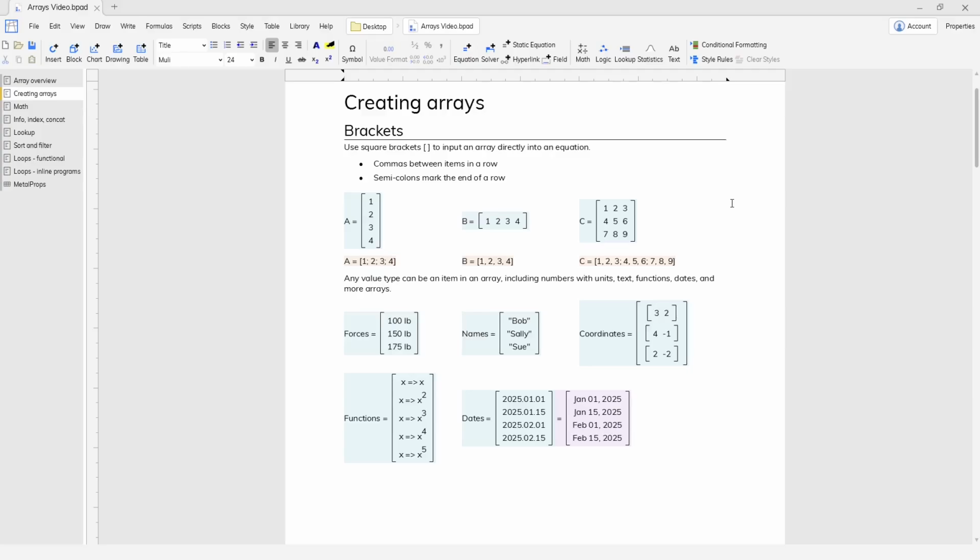Hey guys, it's EJ with Blockpad, and today, as part of our video series on arrays, we are looking at creating arrays. So to get into it, let's look at brackets, which is how you're going to input an array